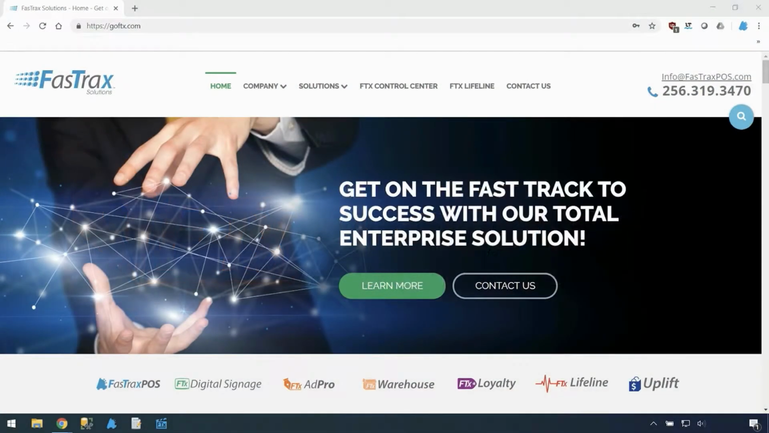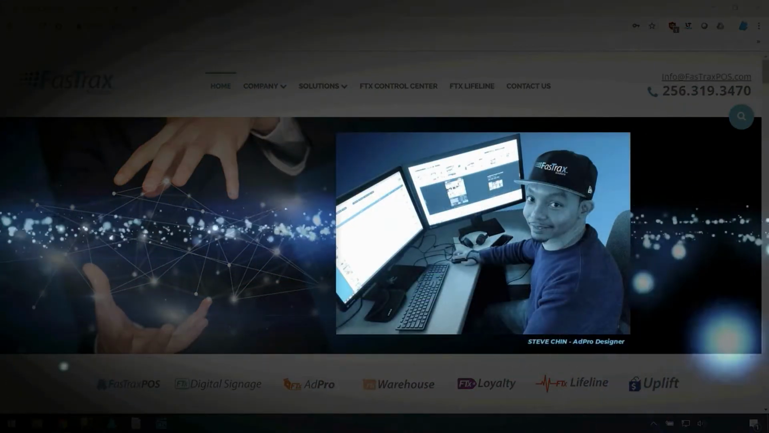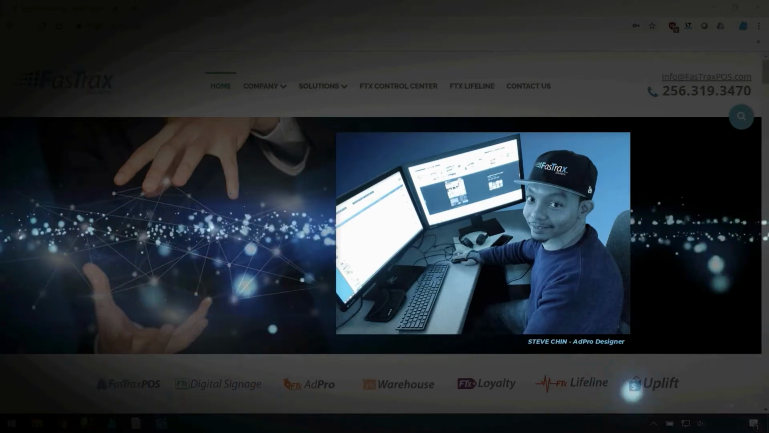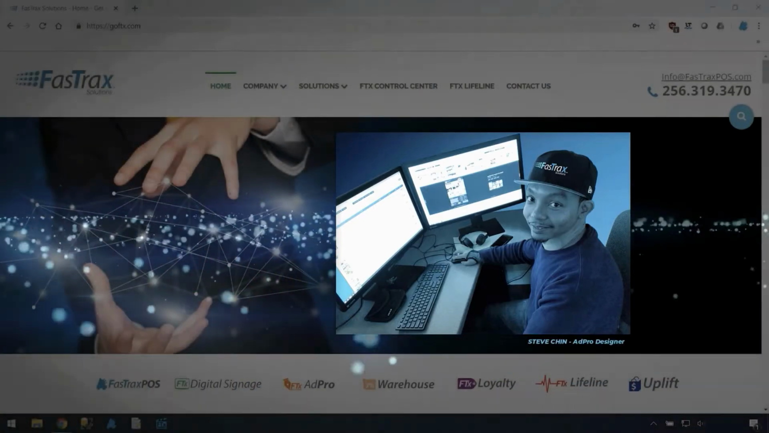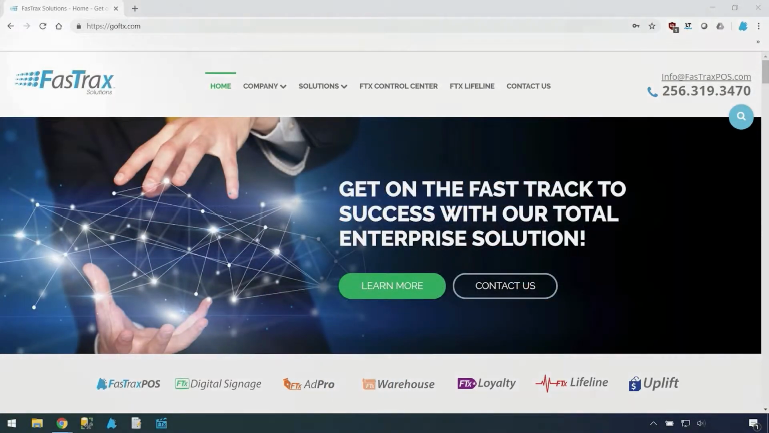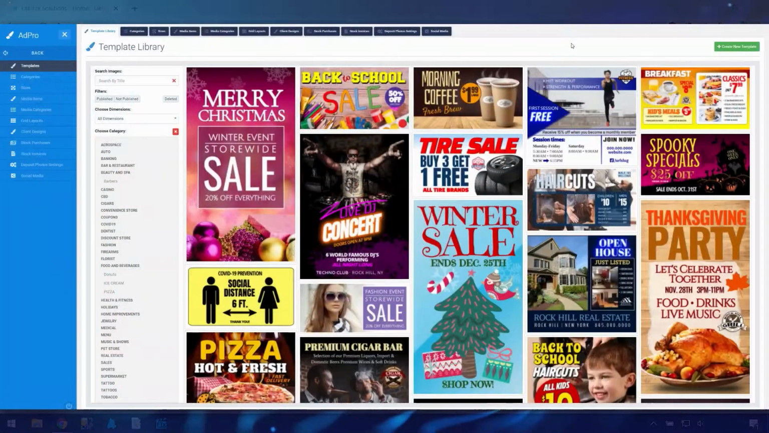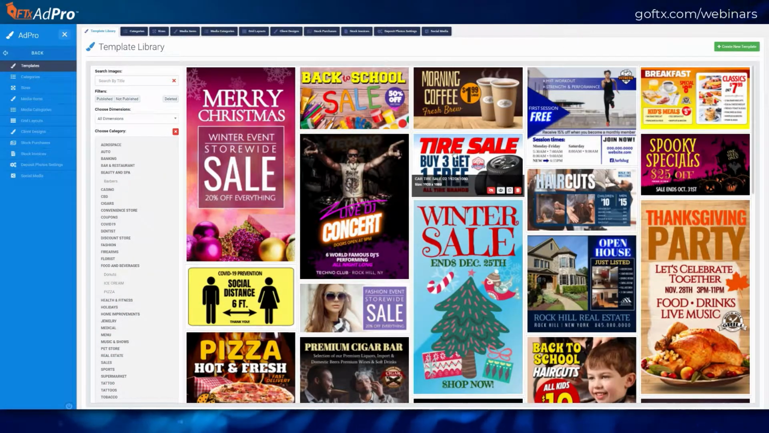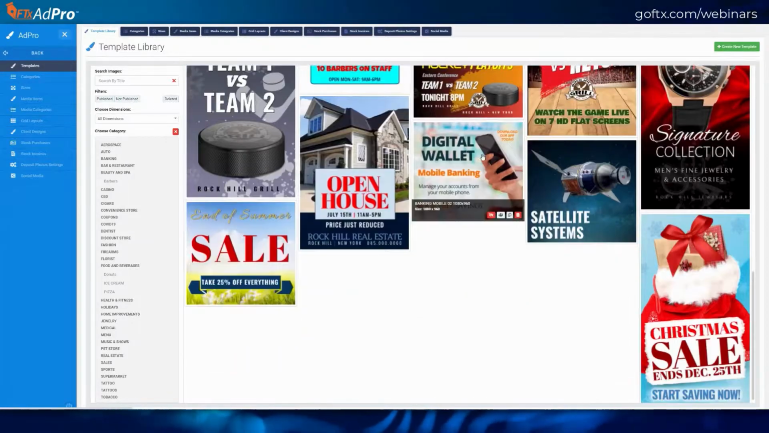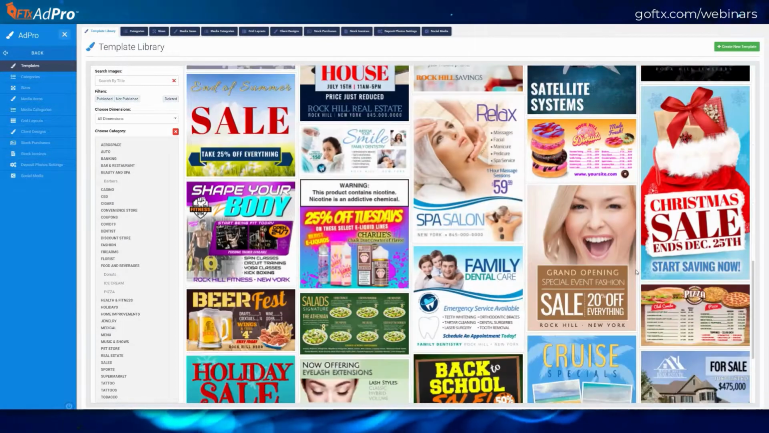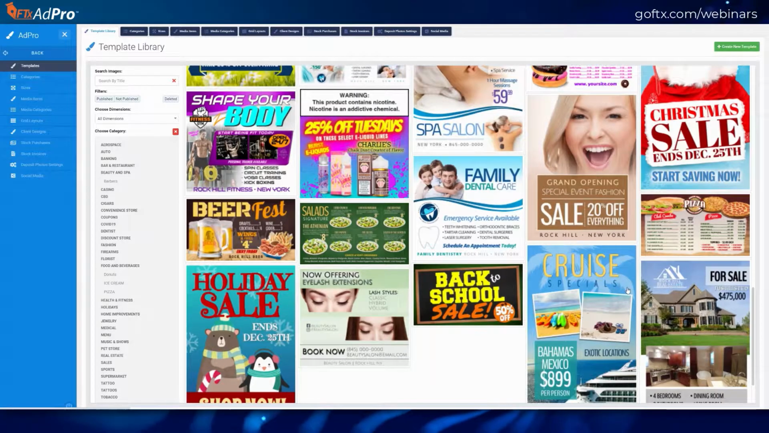firm. Our AdPro designer Steve Chen is back to demonstrate some of the new functionality, tools, and the nearly 1,200 templates and 33 categories Steve has designed for you. So let's jump right into it. You start by logging into Control Center and going to AdPro Templates. Some new and exciting things have been happening here at FTx Solutions, including the addition of hundreds of new AdPro